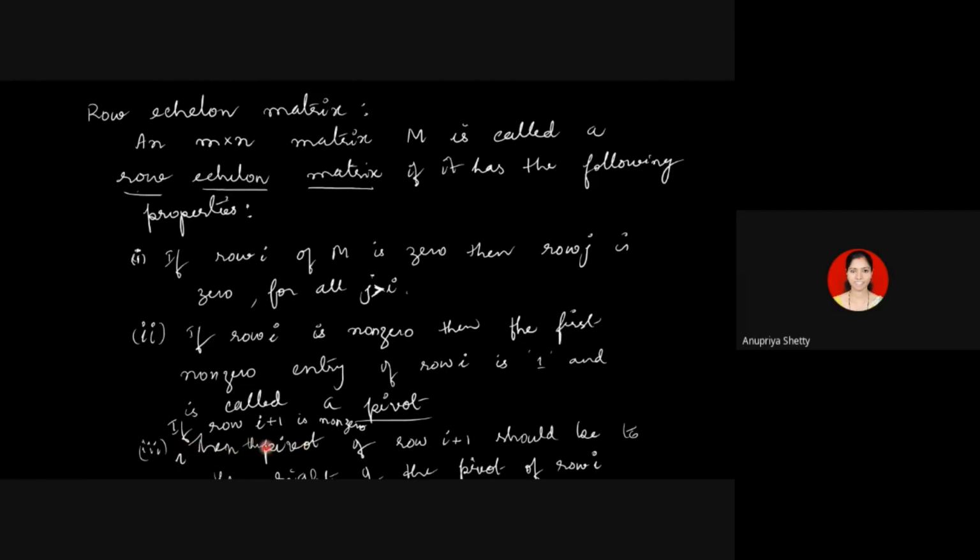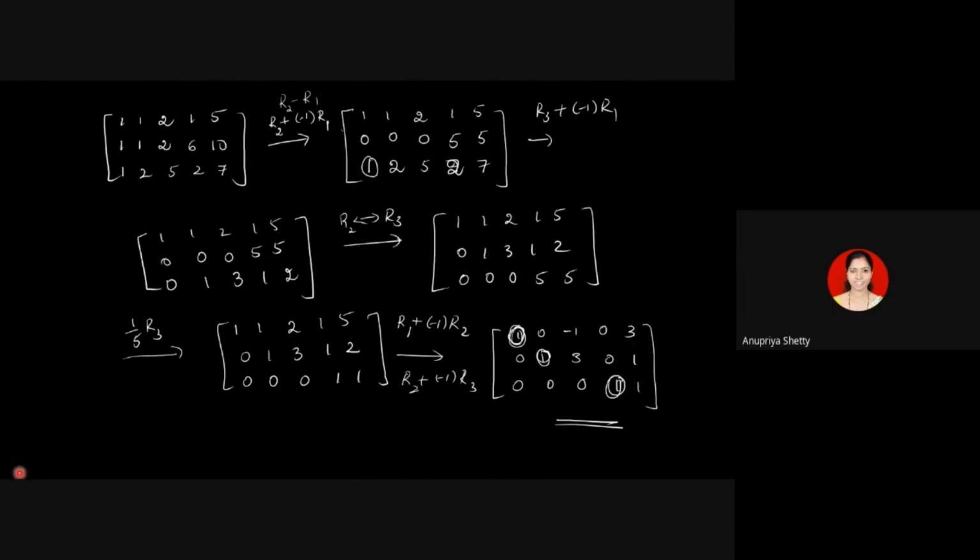That is already clear from the third point, right? What does the third point tell you? If row I plus 1 is non-zero, the pivot of the I plus 1th row lies to the right of the pivot in the ith row. And what is a pivot? Pivot is going to be the first non-zero entry. So when you say that this pivot has to be to the right side, you cannot have the same column having two pivots. If pivot is here, the immediate below entry cannot be 1, because it should always lie to the right side. When you say the pivot is always to the right side, it's understood that below a pivot entry is 0. Okay, so we don't have to mention it again in the definition.